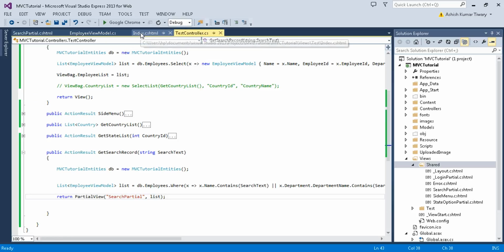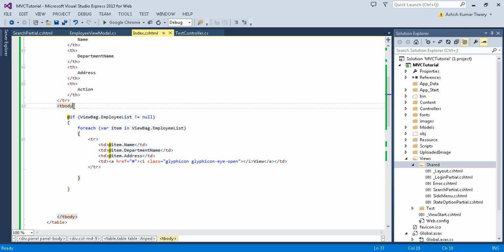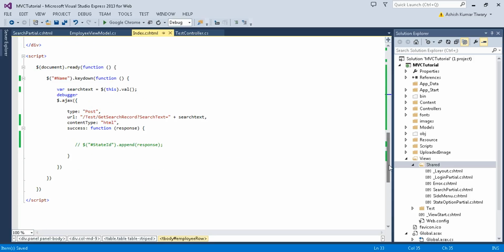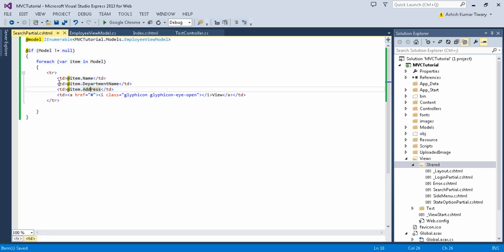Okay, then move to index and then bind this. So just give an ID to this tbody. ID should be equal to, let's say, employee row. Just copy that. Employee row dot html should be equal to response. So response would be the HTML string, because I'm returning the partial view. Okay,